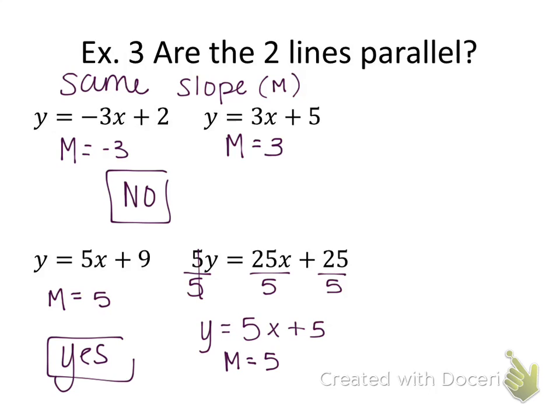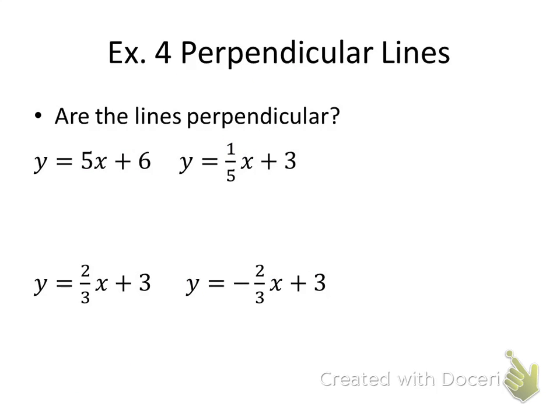So the next example, they want us to tell, are the lines perpendicular? We said parallel lines never intersect because they have the same slope. So if you think about it, they're going to be going the exact same direction with the same slope the whole time, so they'll never intersect. But we said the definition of perpendicular lines is they intersect at a 90-degree angle, or a right angle. Again, instead of me graphing these lines and saying, oh yeah, they intersect at a 90-degree angle, because then I'd have to get out a compass and all kinds of stuff, make sure the angle's 90 degrees,